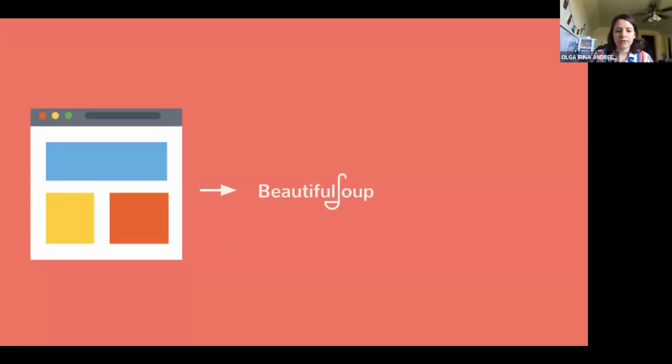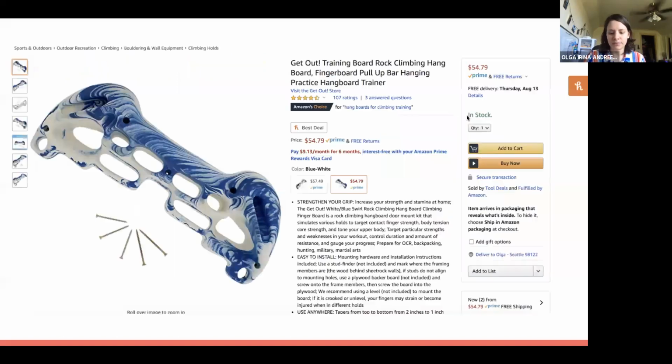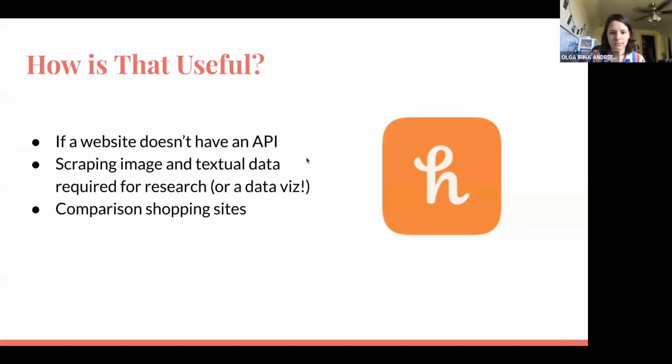We would parse it through Beautiful Soup, maybe run some methods on it, and then we would get as the output the content that we wanted. And you might be asking yourself, how is that useful? So in the past, what we've been doing,